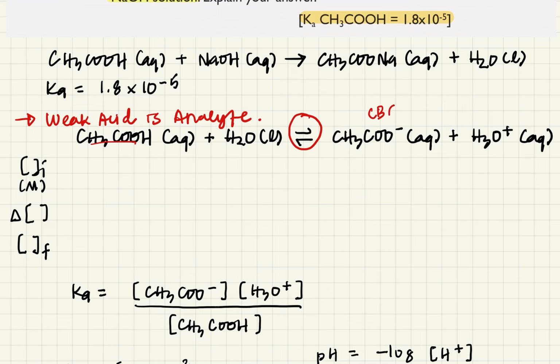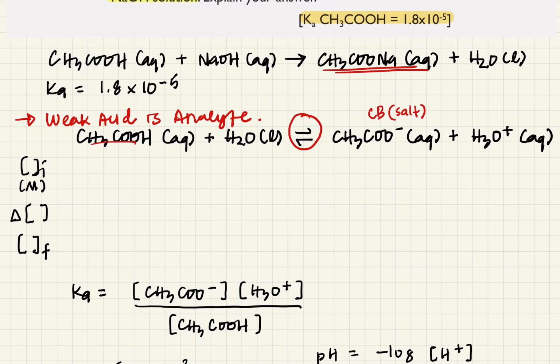So this conjugate base is in your salt. Okay, from this salt here, your salt, right? So the Ka of your weak acid is given. So therefore, you can